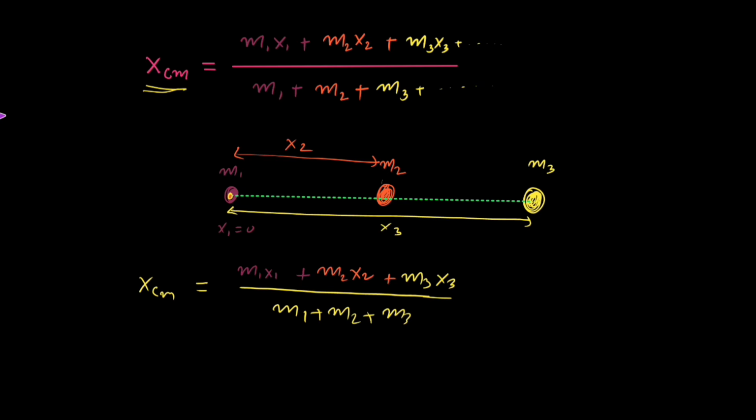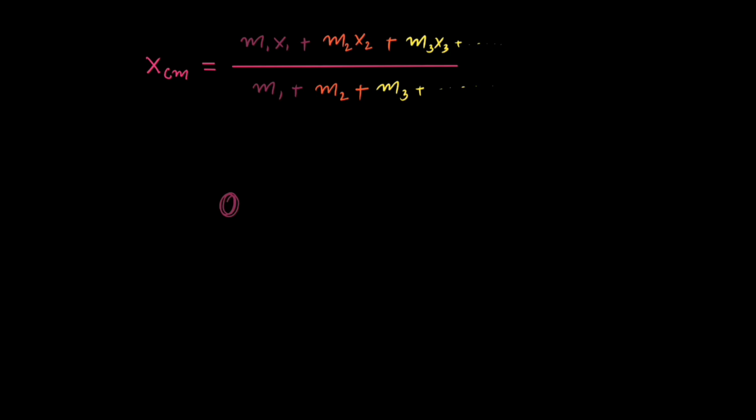Now let's do a practical example. Consider there is an object m1. The mass of this object is 2 kg. And there's another object, suppose a bigger object, and the mass of this bigger object is 6 kg. The distance between these two objects is, let's consider, 10 meters. Now if we want to find the center of mass, what will we do? First, we always need to mark a point from where we want to calculate the center of mass. I will mark that point on this 2 kg mass, because this way I will be removing the x1 term. So this is the point from where I want to calculate the center of mass.